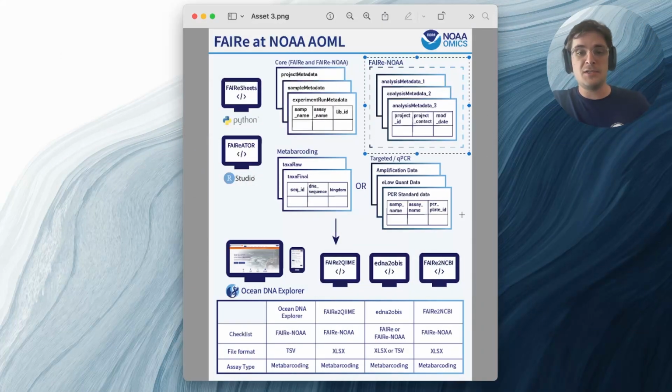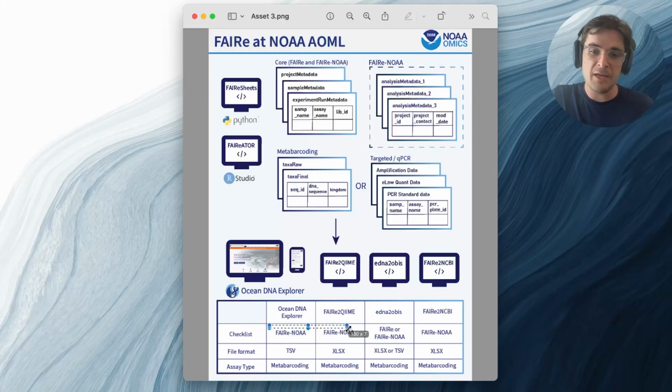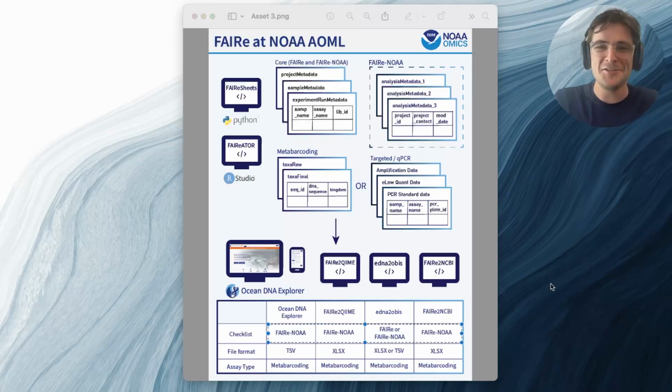Now, you'll see at the bottom that many of these tools only accept that NOAA format. So that's something to keep in mind when you're thinking about which tools you want to actually use in the FAIRe eDNA kind of atmosphere. But just elaborating a little more about the downstream tools, I would just like